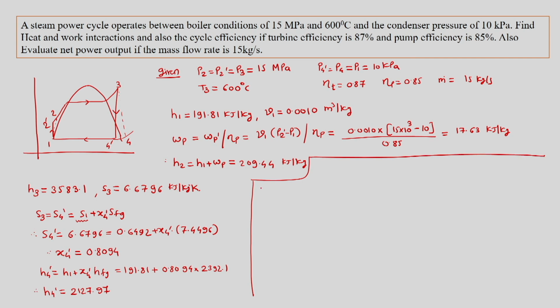Having said this, basically here the real turbine work is equal to the ideal turbine work into turbine efficiency. So it is H3 minus H4 dash into turbine efficiency. So H3 is known to us. We have noted it as 3583.1 minus 2127.97 into 0.87. So we get real turbine work using this as